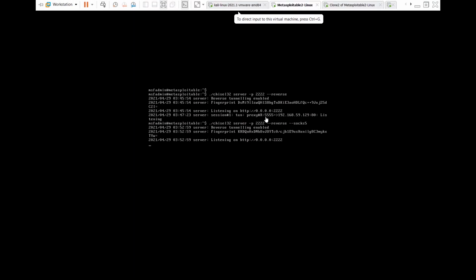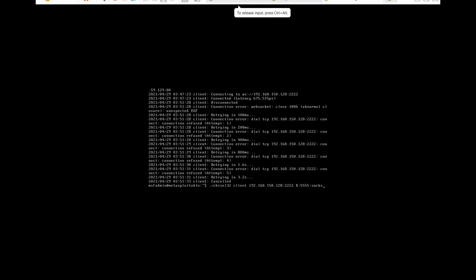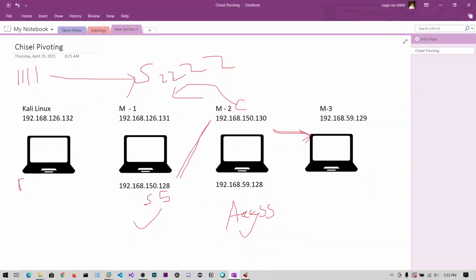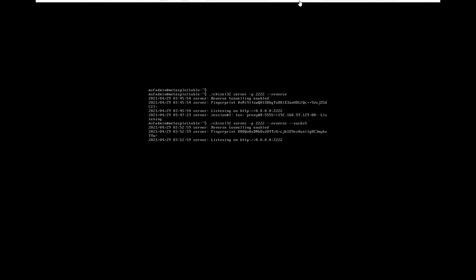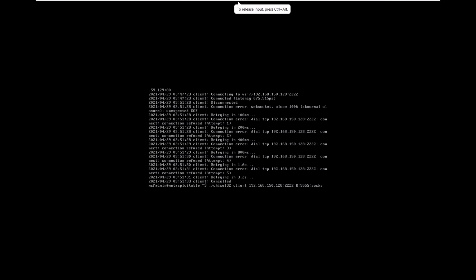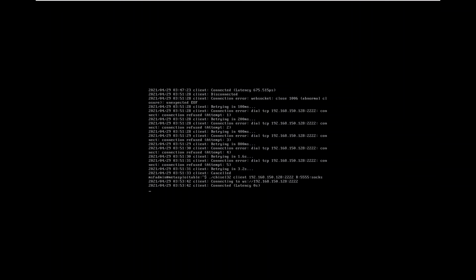What this means is we are connecting to this 2222 and then opening the 5555 port. Let's say 5555. This is the main one, and port 5555 will be open on this one. And this third box will be acting as a SOCKS, and hit enter.